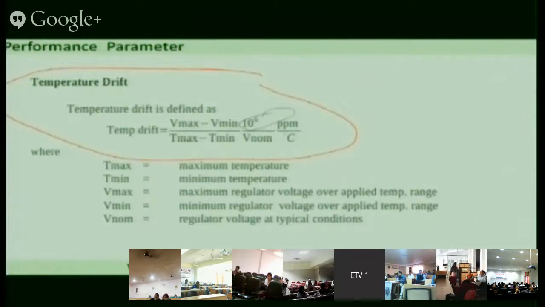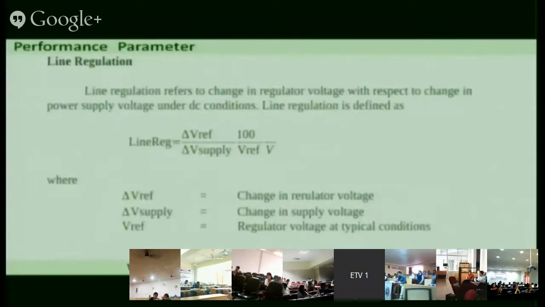So this parameter is also important, and we have designed a circuit where this temperature drift is minimum. We will see what these minimum values are. Then there is a concept of line regulation. Now the line regulation is,